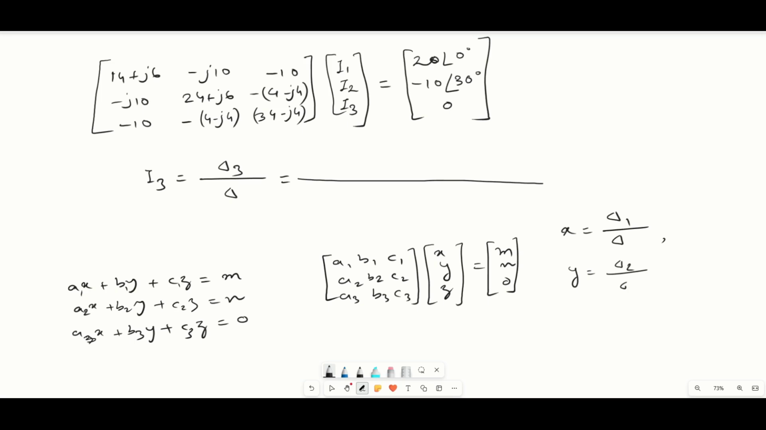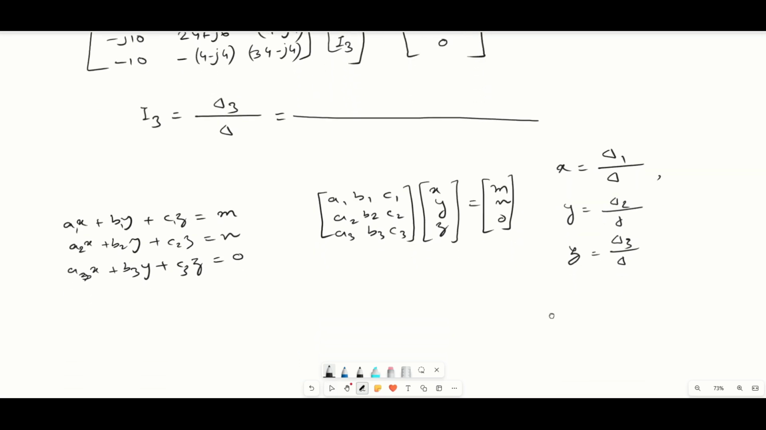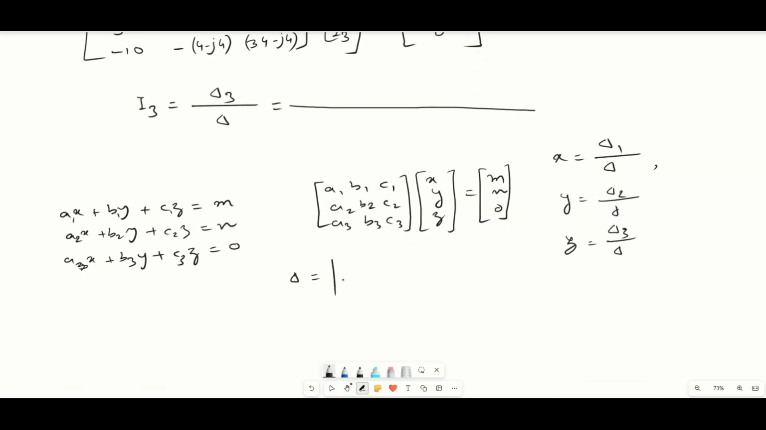Similarly, y is given by delta 2 divided by delta, and z is given by delta 3 divided by delta. So now here, what is delta? Delta is the determinant of a1 b1 c1, a2 b2 c2, a3 b3 c3, and we already know how to determine the determinant. So it is a1 multiplied by b2 c3, then minus b3 c2, then we have minus b1, and we have,